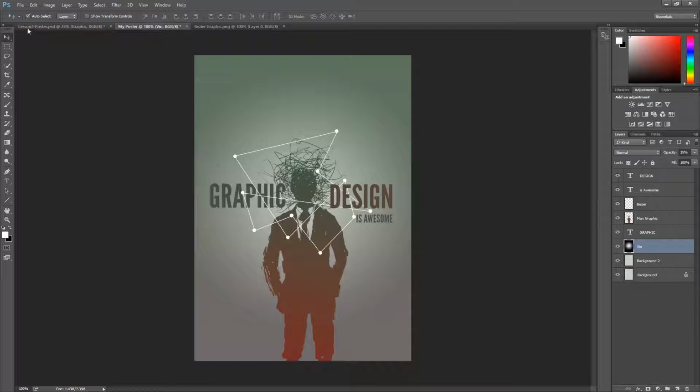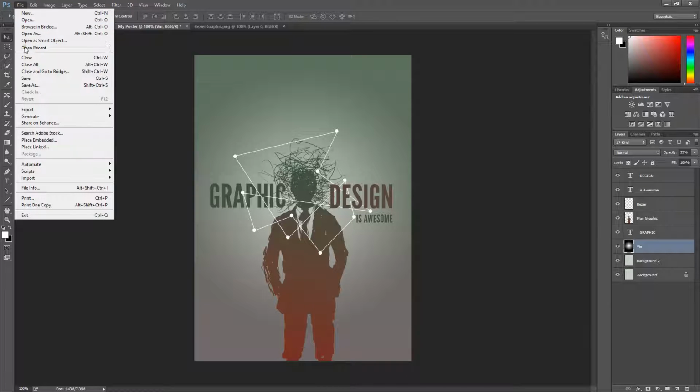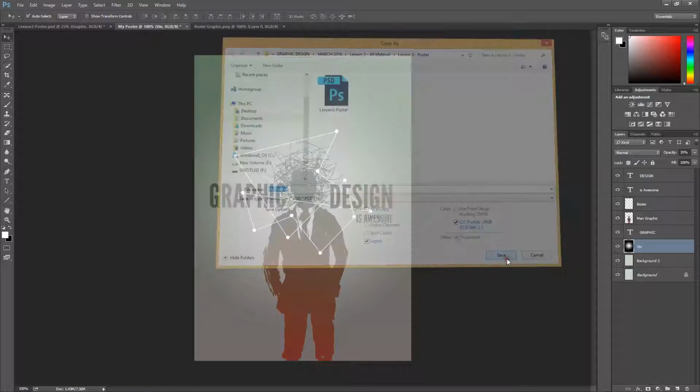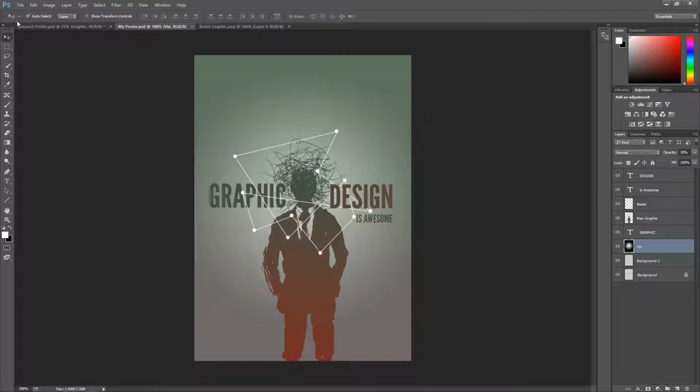Finally then, don't forget to save, so up to File. You can save it as a PSD of course, save as my poster is fine there. If you want to save it as a JPEG, maybe to post online or to post to your friends,